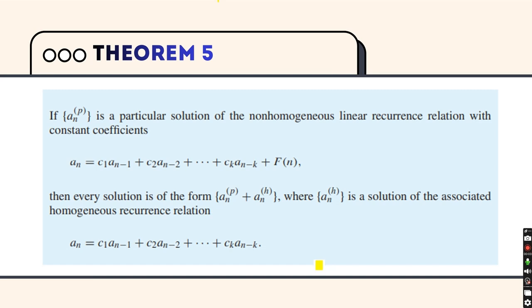So we have here theorem 5. Suppose you have a recurrence relation that looks like this. This formula has two parts. A part that depends on previous terms, this one, and then the extra part, which is the f of n, which makes the recurrence non-homogeneous. So if you can find one particular solution,